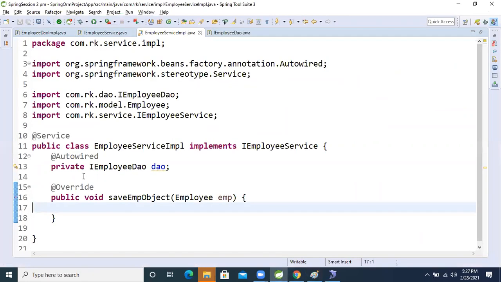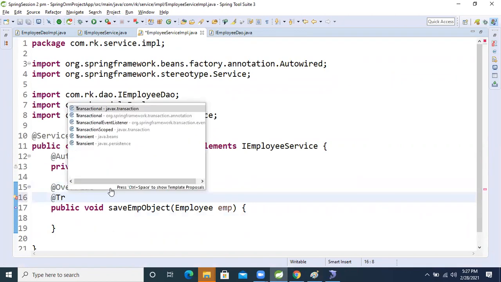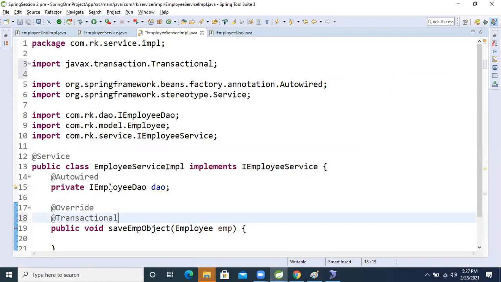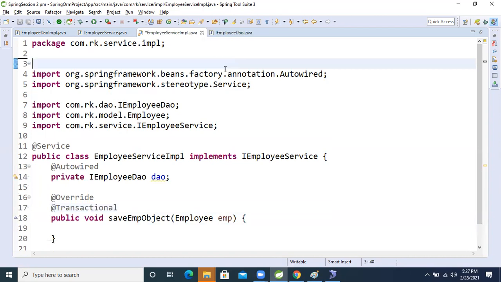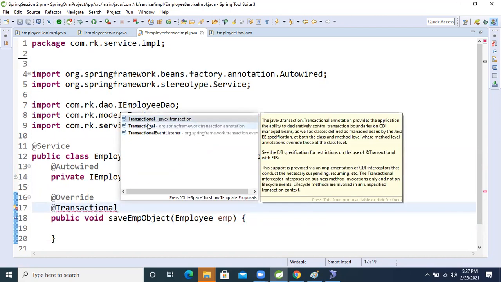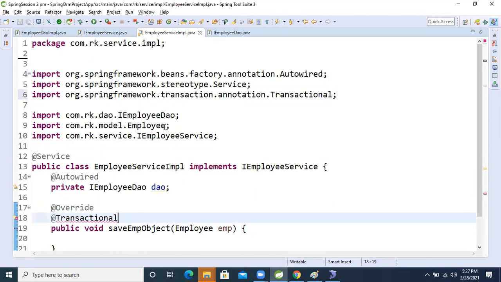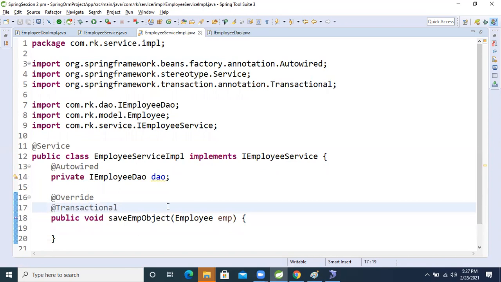Whenever we save, we apply at the rate transactional on top of that method. Use the Spring Framework annotation, not the javax one. There are two packages, but you have to apply the Spring Framework annotation. Okay, so we applied it.